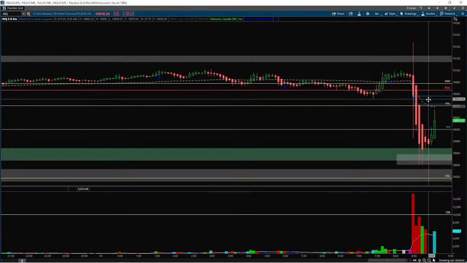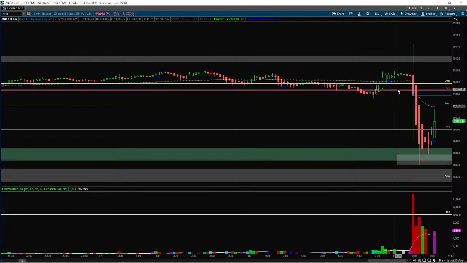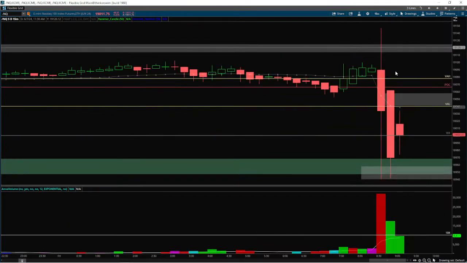We're getting something like that. The 5 minute is more trustworthy than the 1 minute because I can't go any lower than the 1 minute, but I can go lower from the 5 to 1. So this is my area of interest. Let's just switch this to 15. All right, so that's my area of interest that we need to get above.